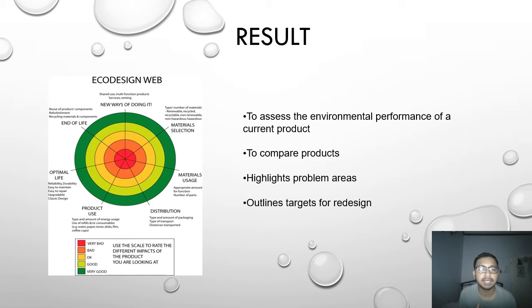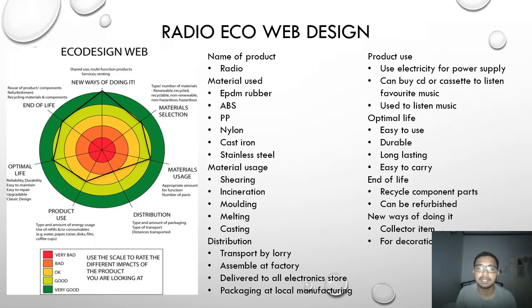In this case, we can improve it and make a very good product in terms of environmental impact. So I will share our radio eco design web result. As we can see from the eco design web, for distribution and product use, we got bad and okay marks. This is because distribution uses a lot of transportation, which is transport by lorry,